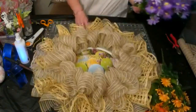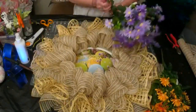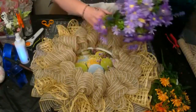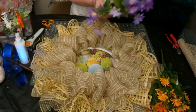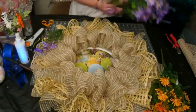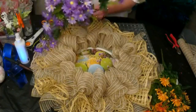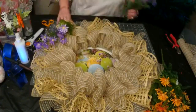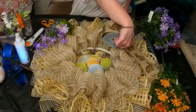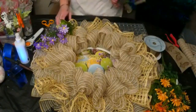I got some of these purple flowers. I'll cut some of these because there's purple flowers in my center. I have some plain white deco tubing. I have this rabbit ribbon from my centerpiece. This would look kind of cute. Maybe I'll use some of the